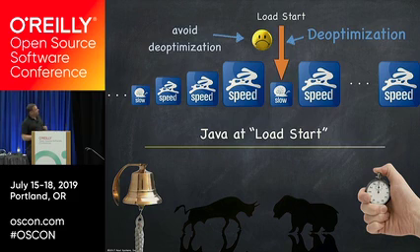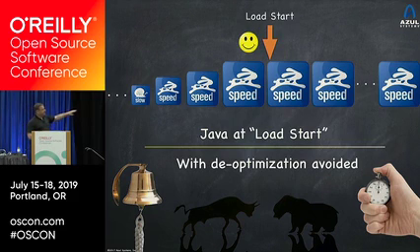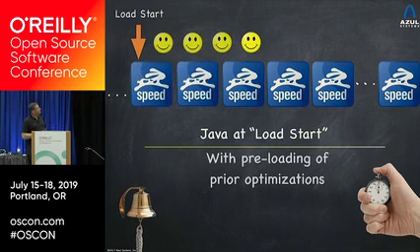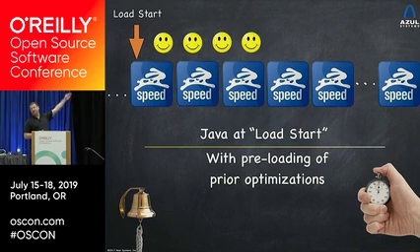And for that kind of thing, avoiding de-optimization simply by logging the history of optimizations and the pessimism that you should have learned does the job pretty well. ReadyNow does that, JWarmup does that. If you do it all the way, you can get to basically hitting the ground running on the first operation. So you start up, and when you're ready to go, you jump into traffic, not in interpreted mode, but at full speed compiled mode.